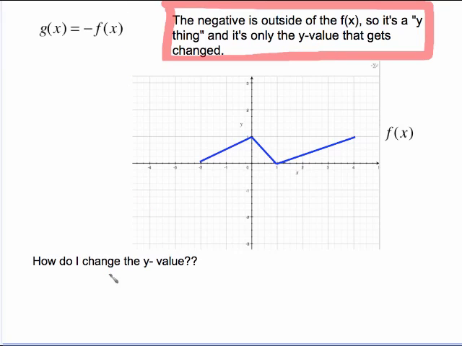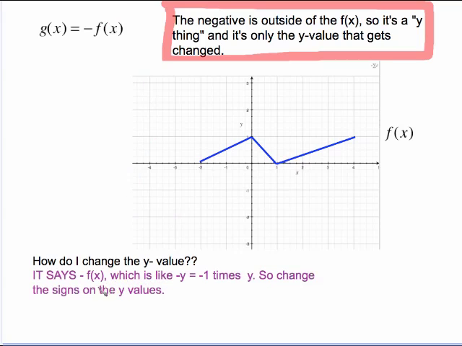You might be thinking, well, how do I change that y value? Well, what you have to do is think about this. It says negative f of x. f of x is the same as y. So negative f of x is the same as negative y. Negative y is the same as negative 1 times y. So all you're doing is multiplying the y value by negative 1, which effectively just changes the signs on the